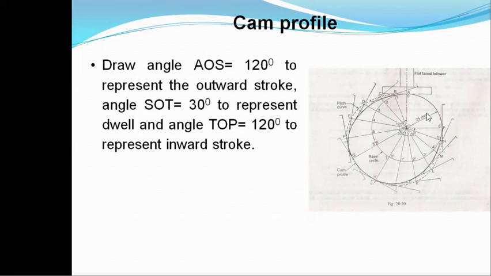Draw the circle which is representing the base circle and draw angle AOS, up to this point, say S, which is representing the outstroke of the follower, and after that angle SOT here, and this will represent the dwell period, and angle TOP, which will represent the 120 degrees of rotation for inward stroke or return stroke,